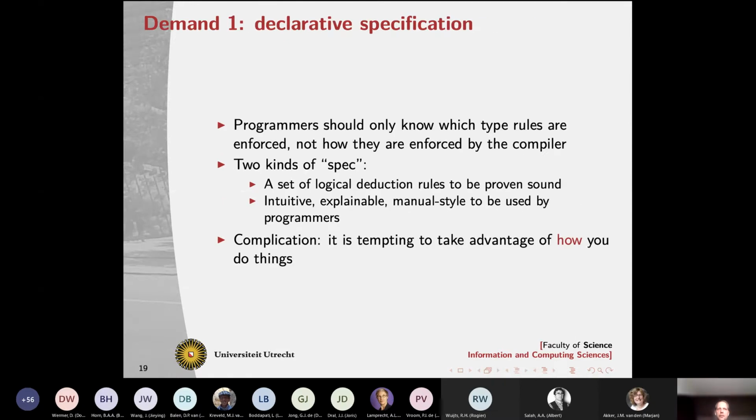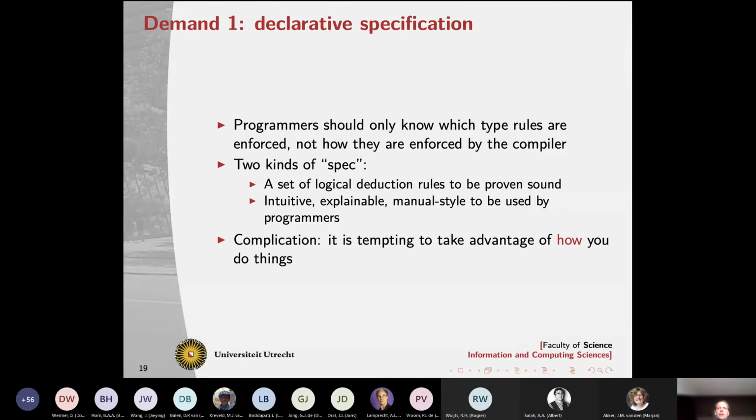Now, there were a few boundary conditions, like I said before. First of all, we need to be able to give a declarative specification. Declarative means it should be independent of how the compiler uses a type system. It should only be based on the specification of the type system, because a programmer doesn't know how internally a